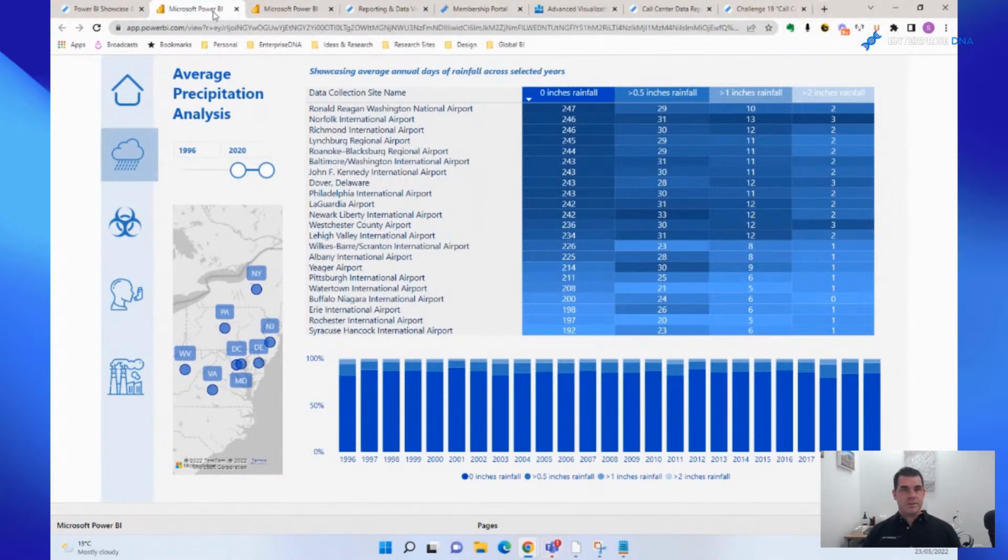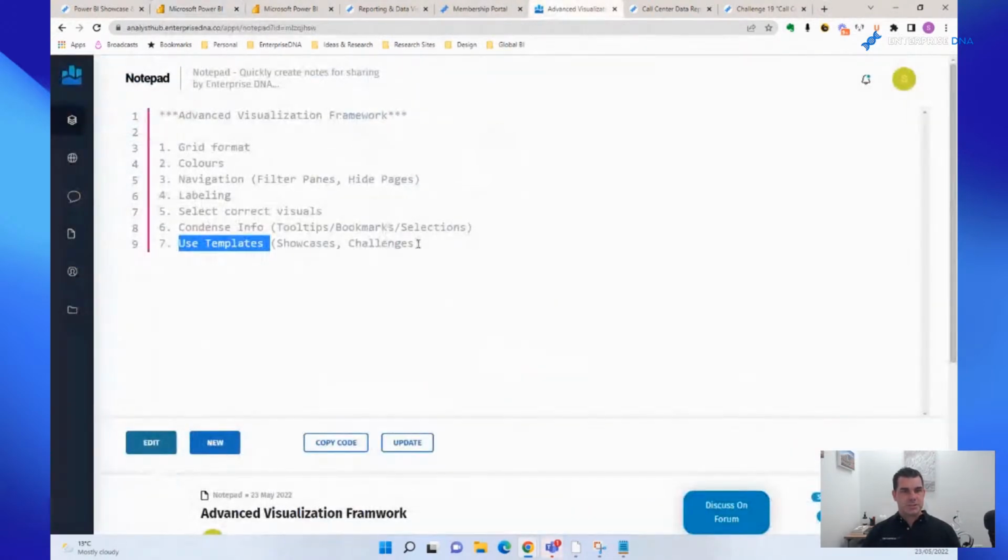Okay, my plan for my last session is to expand on that automation a little bit more. I'm going to show you a lot more things, but hopefully over the last half an hour or so, I've been going through individually a lot of these items in our framework. It really helps you focus your efforts around improving your designs.